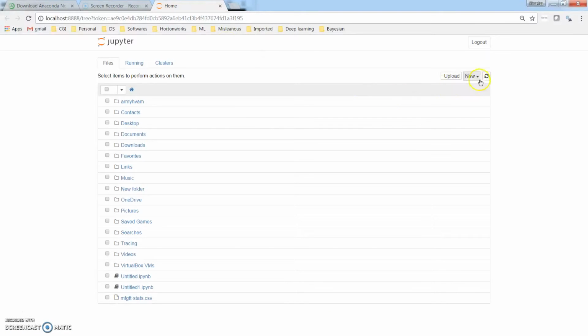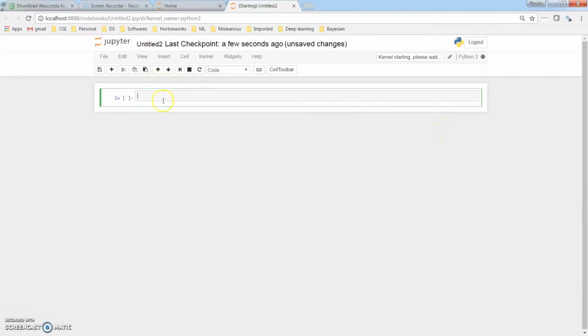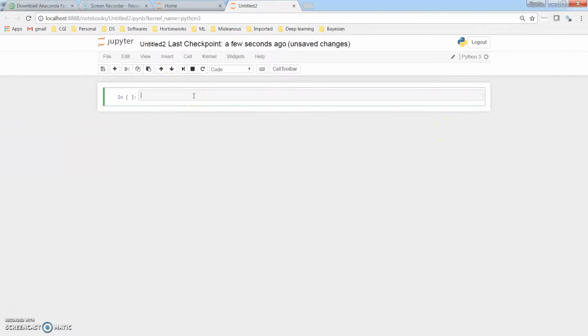Now the Jupyter Notebook will have Python. At this point in time, it supports only Python. You see here, under New, we have only Python 3, and we want to add other programming languages including R, Julia, and Octave. Now if I want to write any Python code, I simply click this and start a new notebook.